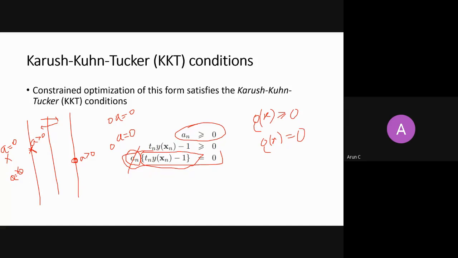So there are some points that need to be understood here. If you have n points, only a few points play a role in deciding the margins. These points are known as support vectors, for which your Lagrangian multiplier is not 0. For all other points, your Lagrangian multiplier is always equal to 0, right?